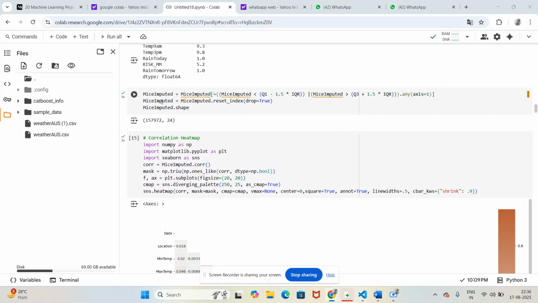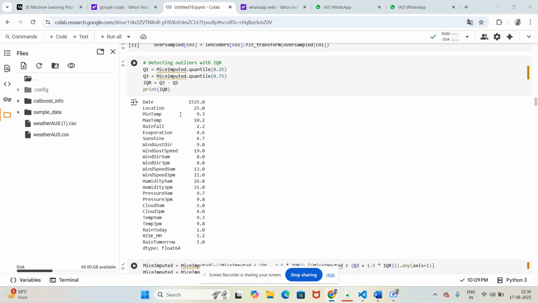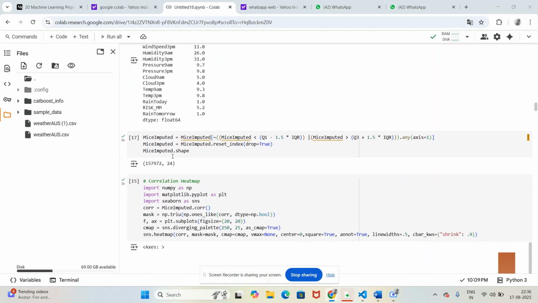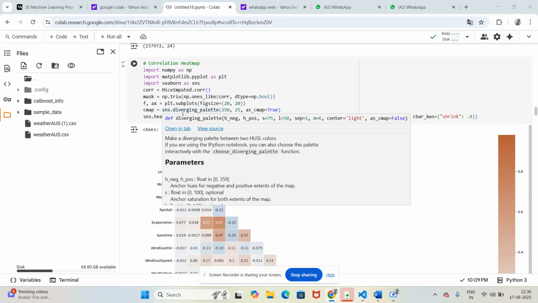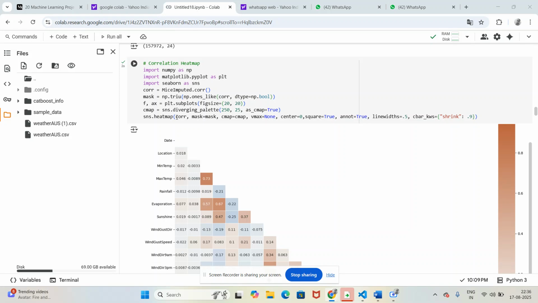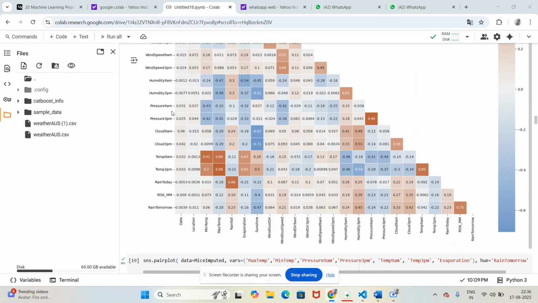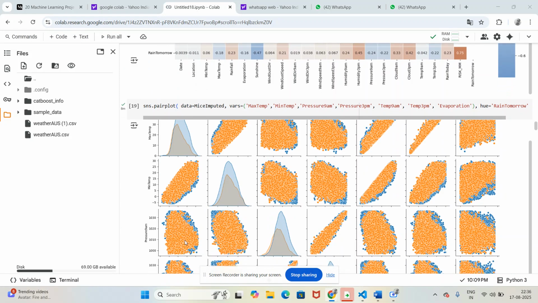Then I have detected the outliers using the interquartile range here and removed them to get the final working dataset. Finally, I will check the correlation between the different variables and find highly correlated variables, and I will discard one while keeping the other, which is important. This is the correlation heat map which I have already generated. And then I have seen that the data frame has no NaN values or infinity values, therefore I will eliminate all the outliers.